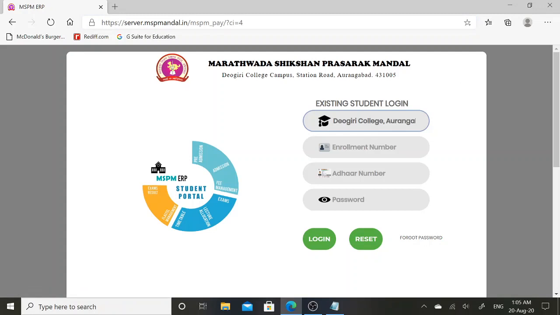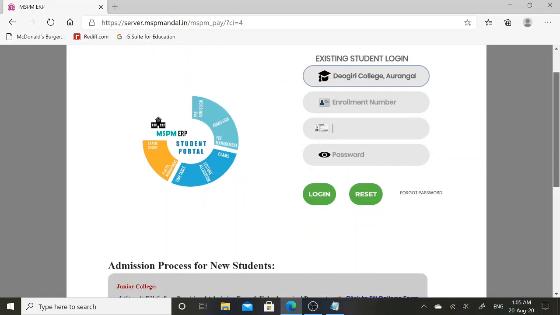On this web page, in this text field I will enter my Devgiri College enrollment number or PRN number. Then in the next text field I will enter my Aadhaar number. In this text field, I am supposed to enter my default password, which is 12345.